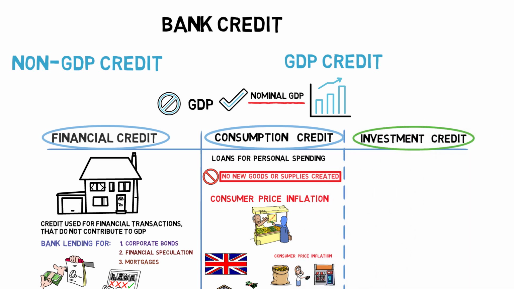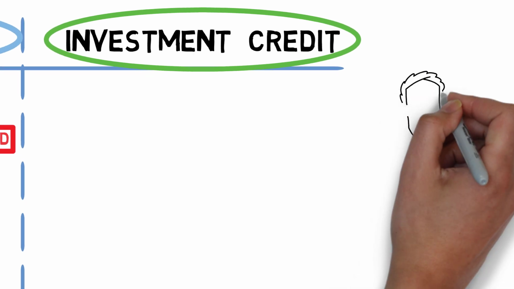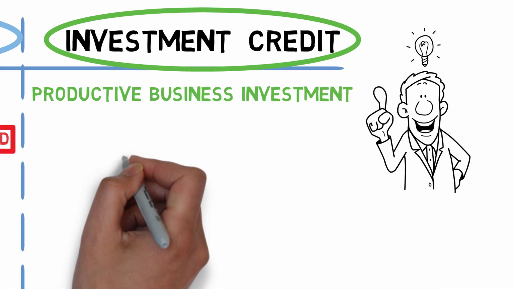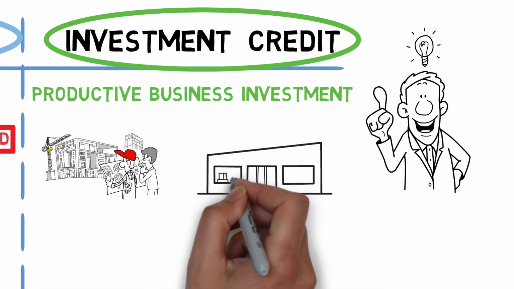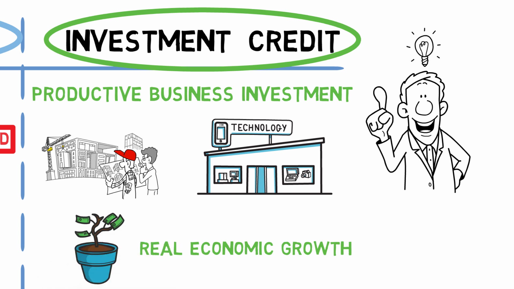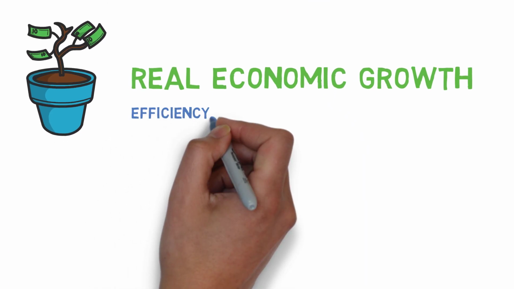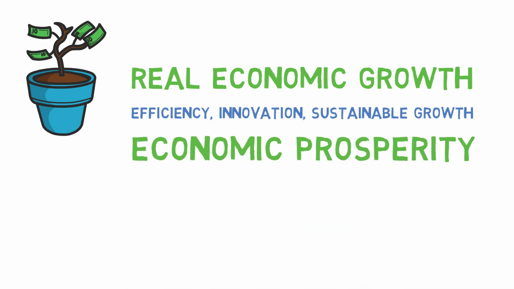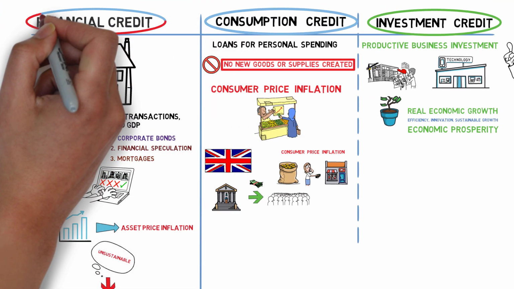Investment credit is an example of productive credit creation. Investment credit is used for productive business investments like expanding facilities, improving technology, or developing new products. This type of credit creation supports real economic growth without high inflation. Productive use of credit increases efficiency, sparks innovation, and generally contributes to sustainable economic growth, better living standards, and economic prosperity. To summarise, financial credit